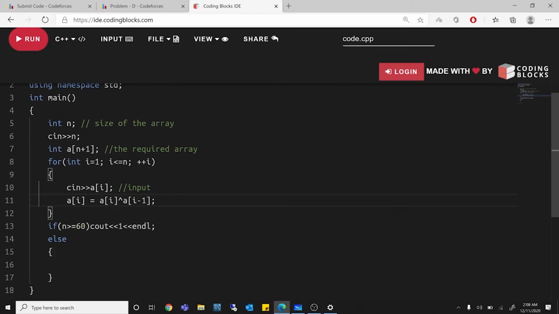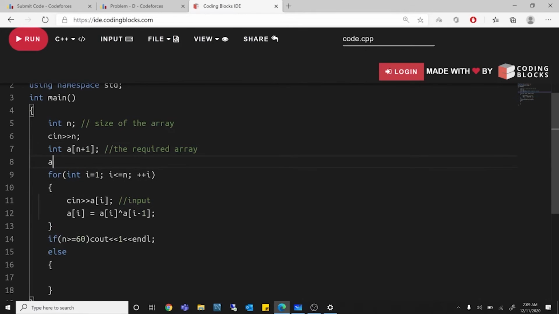So you'll see that I'm taking one-based indexing. This is why I'm taking one-based indexing, because for the first element I need only that element, otherwise I would have had to put an extra OR condition everywhere. So I didn't go into that. So basically, when it's taking XOR with 0, there's one thing I missed, that A of 0 should be initialized to 0. So that when the first element comes, it will be taking the XOR of itself with 0, and any element XOR with 0 is the element itself.